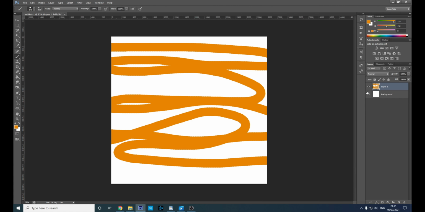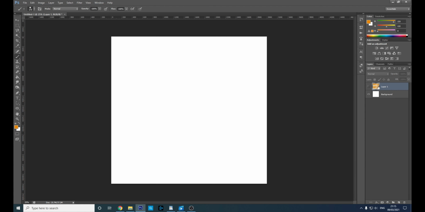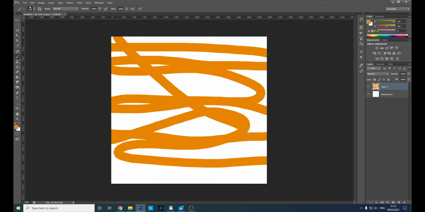So once you've got that, you'll see that it's also showing you a little preview of what the layer looks like. So if you want to hide it, you click this little eye. It's just to give you an indication of what that layer looks like. So after we've done some drawing,